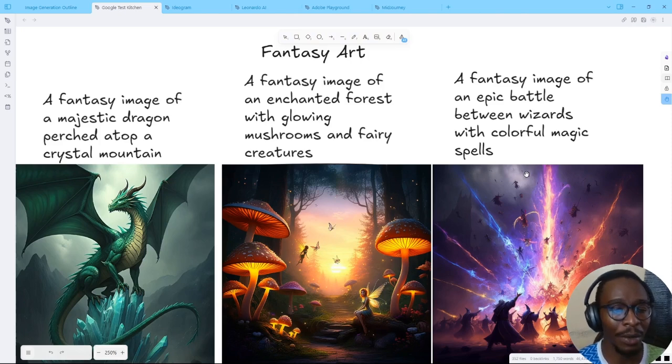The other category we have is fantasy art. So this is for anyone who is coming up with your own books, coming up with your own stories, and you like fantasy and you want to see whether or not you can use Google's AI Test Kitchen to produce images for you. I have seen better images, especially the ones we did with Flux or even the ones that we did with Microsoft Designer. They were a bit better compared to this one. As much as these ones look good, they are good in a game kind of thing. If you're trying to come up with a game and you want to have the visual of what that's going